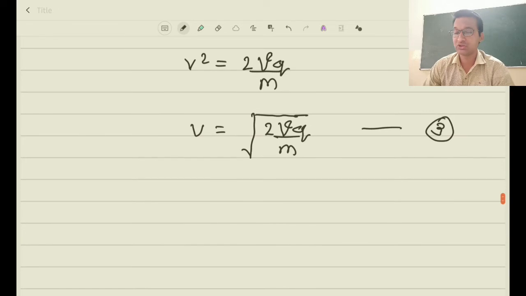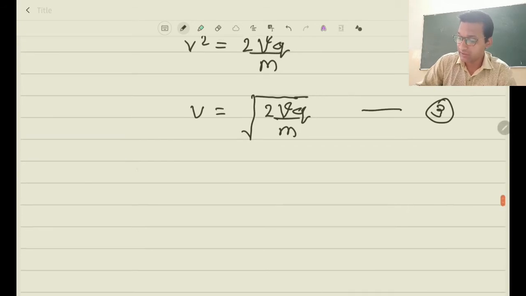Now using this equation we can solve a lot of problems, because for potential in an electric field, the things that you will know are the potential difference and the charge of the particle. Most of the time you will not be knowing the velocity, the displacement, the position of the charged particle. So this equation will be very helpful, which will help us to find the velocity by using potential difference and the charge and the mass of the particle. So this equation is also very important.